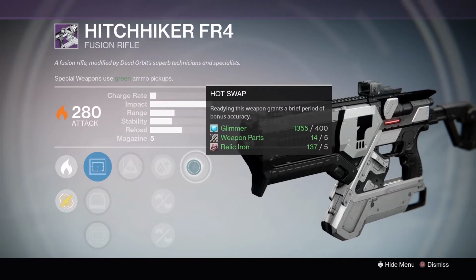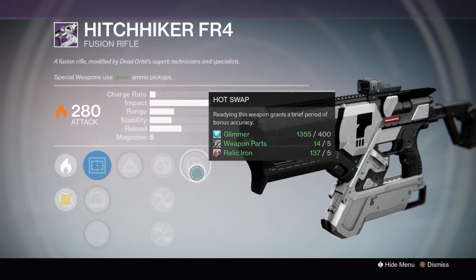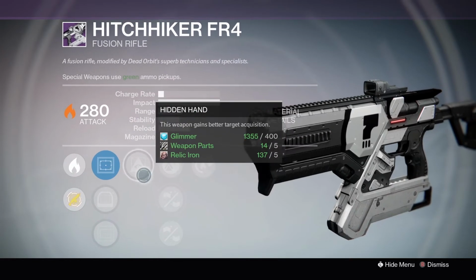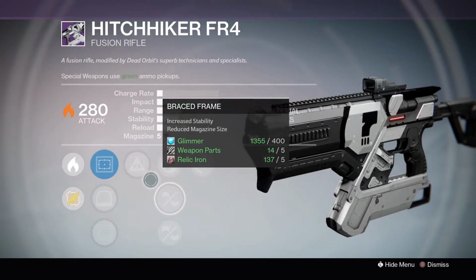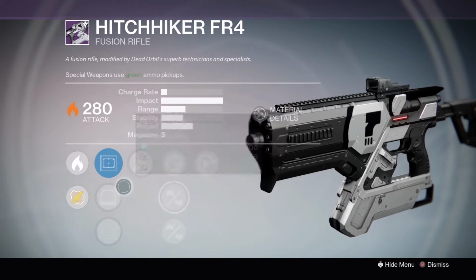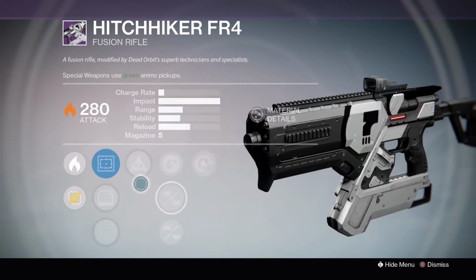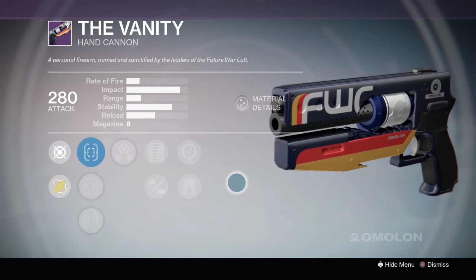and then extra accuracy when swapping to this weapon or readying this weapon, and hidden hand helping for the target acquisition. So it's not a perfect roll, but it is a damn good roll if you like the slow charging, really hard hitting fusions. Next up we have the Future Walkout, and we will start with the Vanity, which once